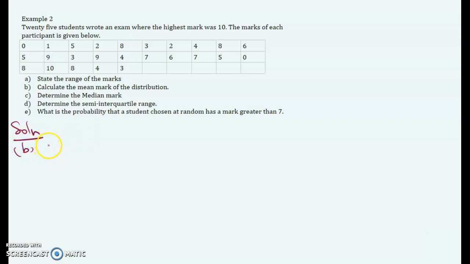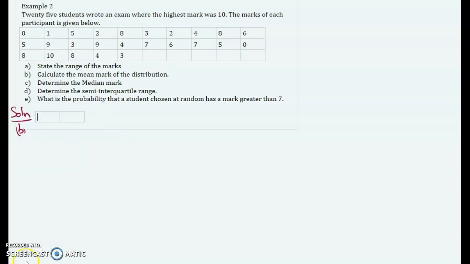So in your table, you will have to have a few columns. Because we're dealing with marks, one column would be marks and the other column would be frequency. So frequency simply means the number of times a value is there, right? So let's go. What is my first mark? My first mark was 0. So I need to put in 0